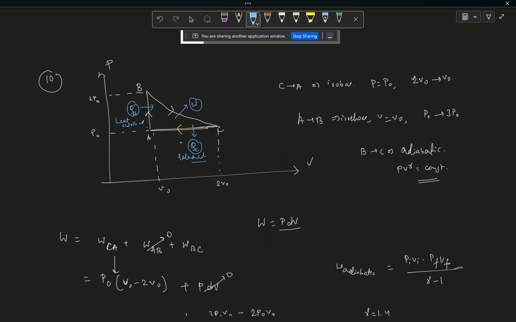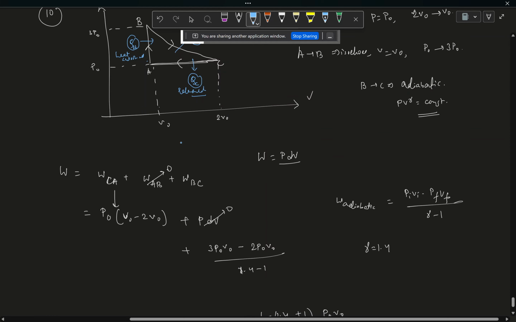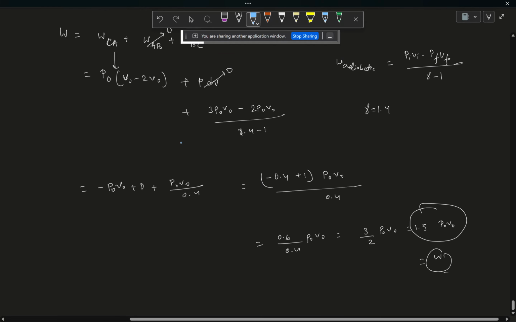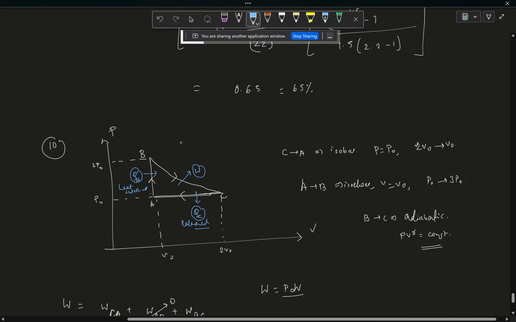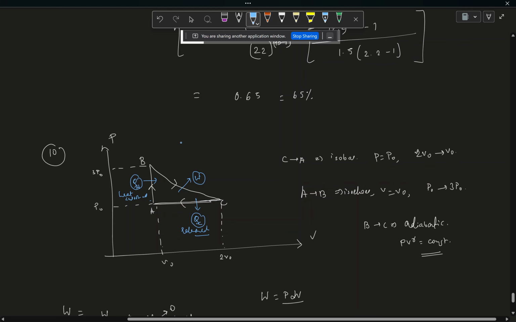So let me frame it like this, that you are getting your work done as 1.5 P0 V0. Okay, so instead you cannot do it like that, but you have to take out the QH from here only,